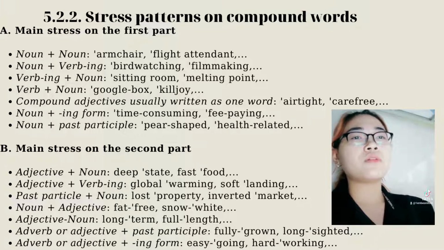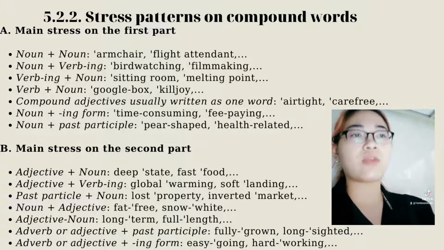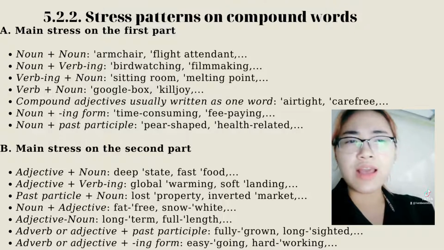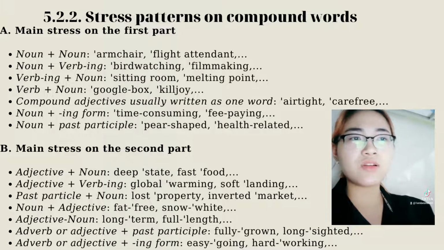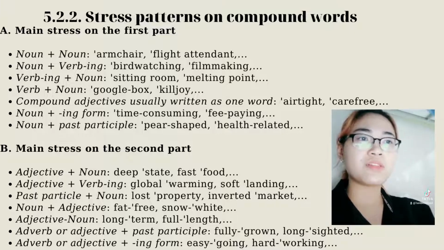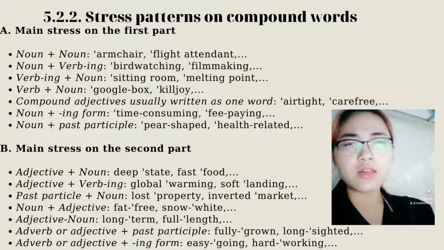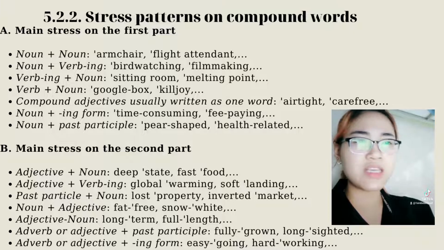For compound nouns, the second part is primarily stressed in this pattern. Adjective plus noun, like deep state, fast food, central bank. Adjective and verb, as in global warming, central heating, shop learning. Past participle and noun, like lost property,